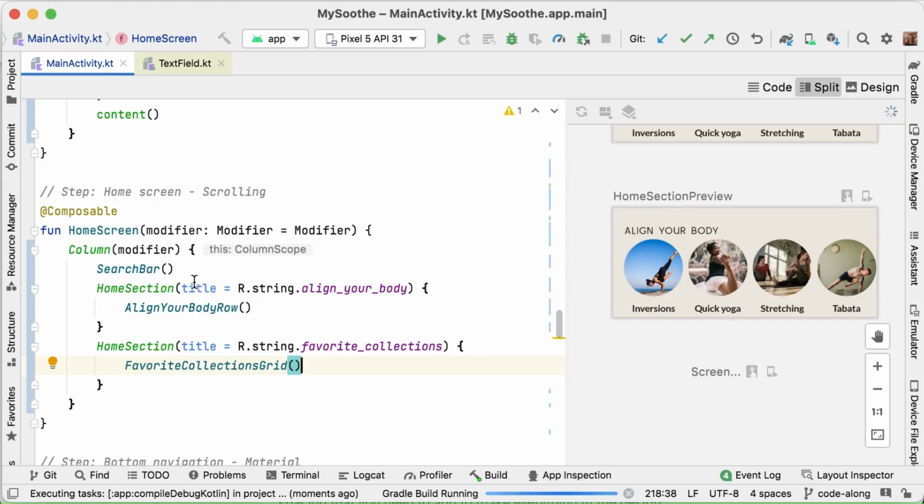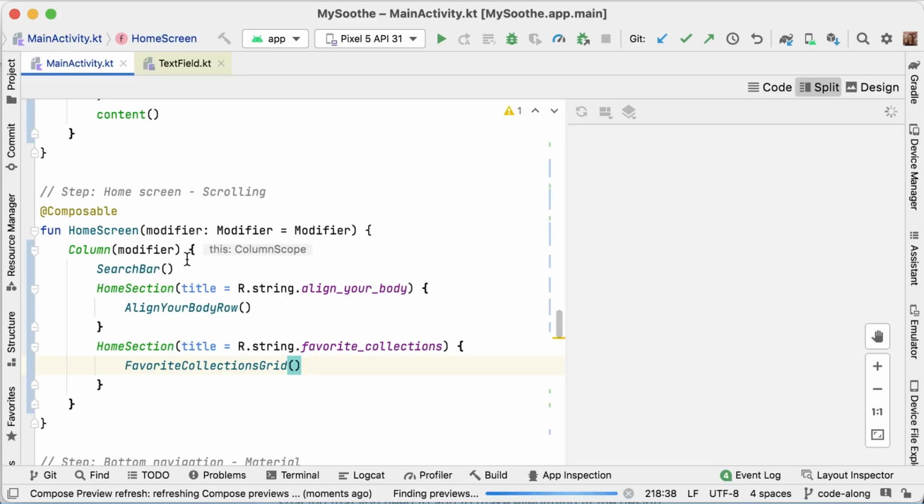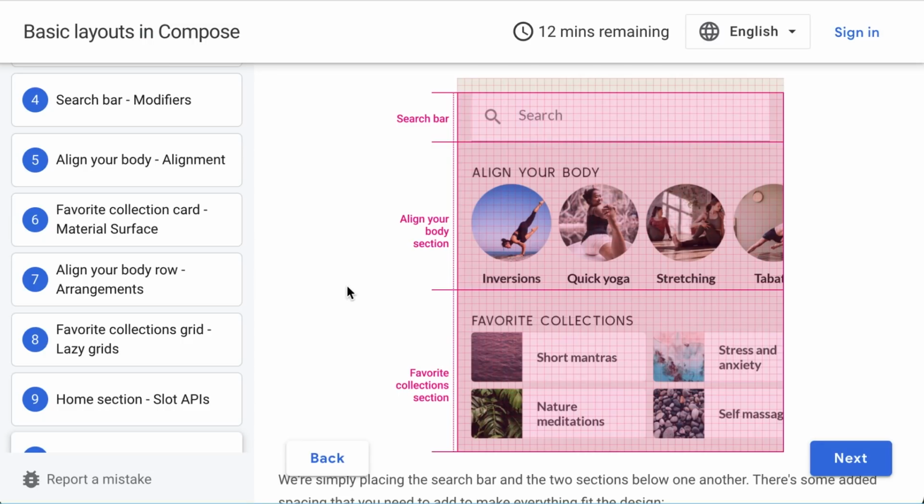And I think there's a couple of spacings that we might be missing in this case. So if we go back to our design, we can see that there's 16 dp there at the top of our column, and then probably also at the bottom. And then our search bar also has this 16 dp. But as we saw while we were implementing the section, because we had that horizontal scrollable row and horizontally scrollable grid, we already added those 16 dp paddings there.